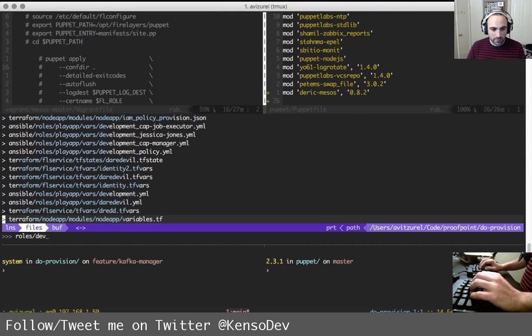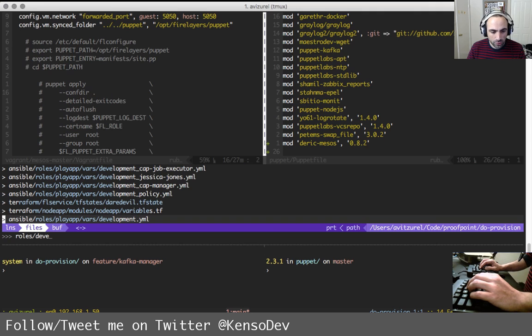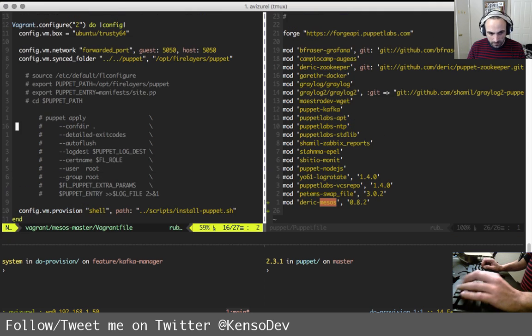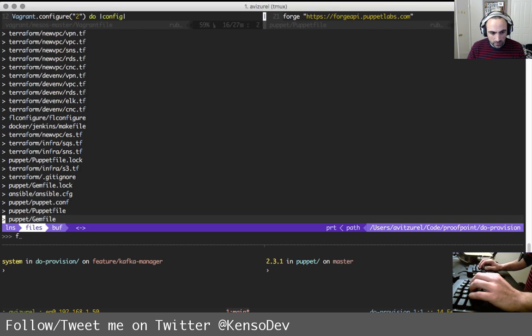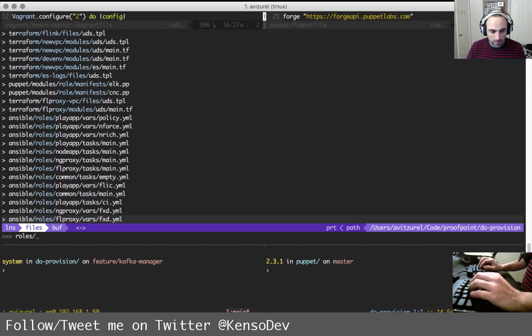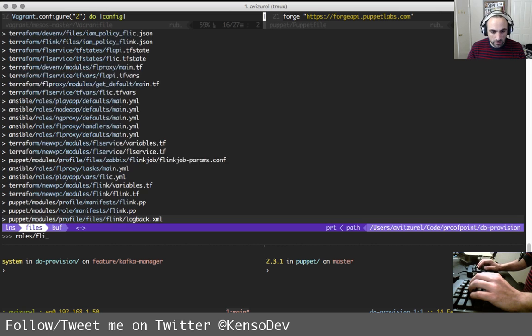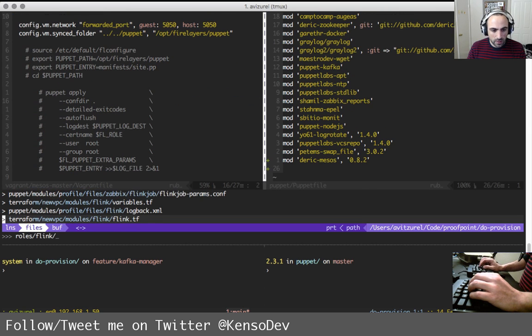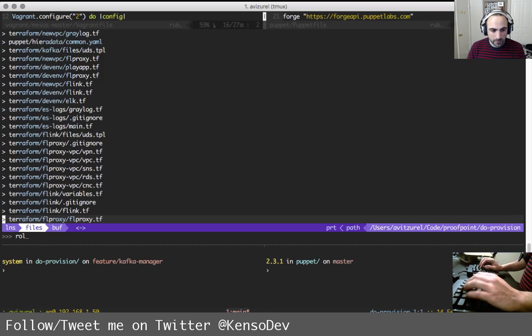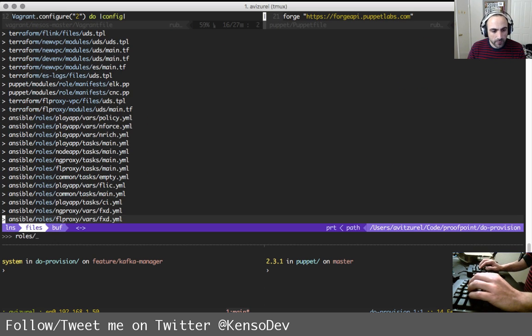What we have is development. Let's see, roles, flink.